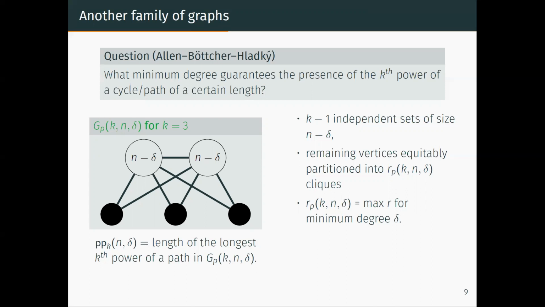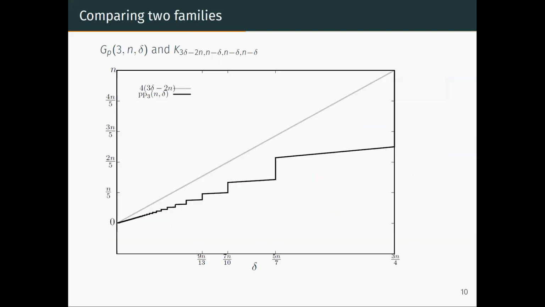Okay, right. And we denote by PPK and delta the length of the longest k-parallel path that we can find in this graph. So how do these different constructions behave, this one versus the part one we had before? Here we plot, again for k equals 3, the length of the longest cube of a path that we can guarantee in the graph over the interesting range of minimum degrees, that is from 2/3 n to 3/4